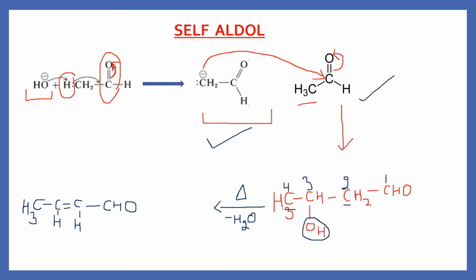When we understand cross-aldol, which is the other category under aldol reaction, it will be a reaction between two different carbonyl groups having alpha hydrogens. One may be ethanol, other may be butanol, one may be ketone, say acetone, and it is reacting with any other aldehyde or ketone. So that is cross-aldol.